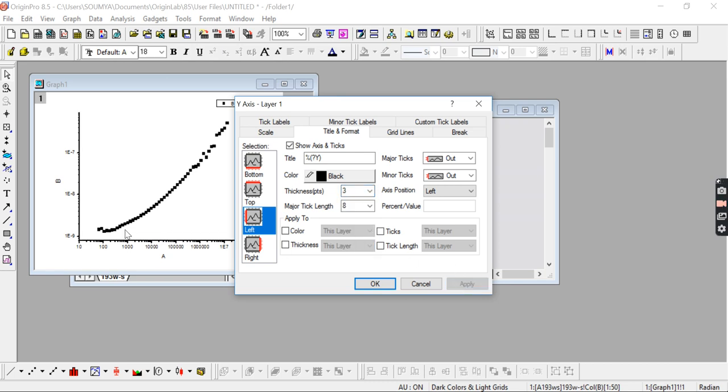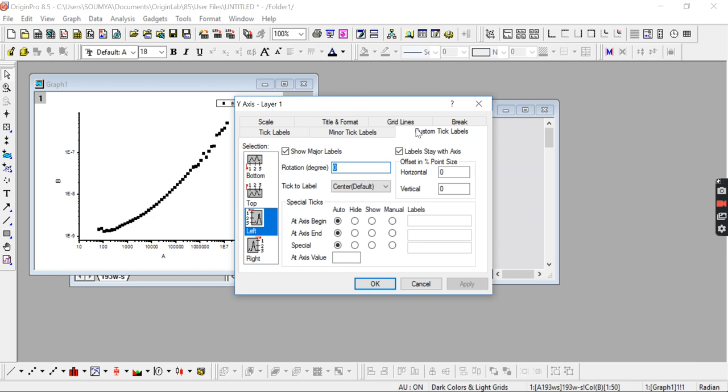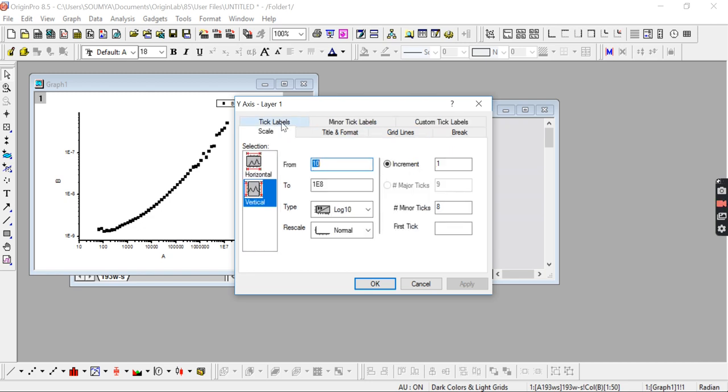Now apply. You see that the thickness of this particular axis has now been increased. So in this way you can change the thickness. I hope you have understood the use of scale and tick levels.